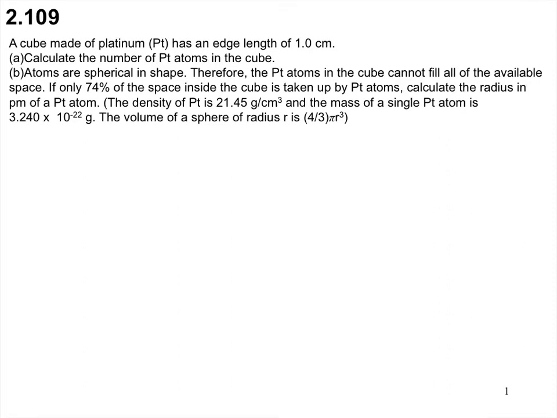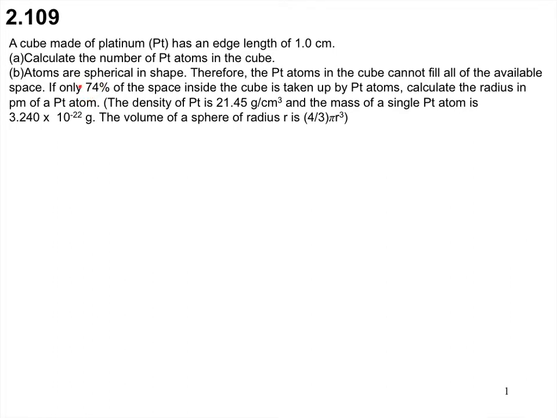Here, we explain how to solve the homework problem 109 in chapter 2. In this problem, we are given a cube made with platinum (Pt) with edge length of 1.0 centimeters, and we want to calculate the number of platinum atoms in the cube, and also we need to calculate the radius of the platinum atoms, given the assumption